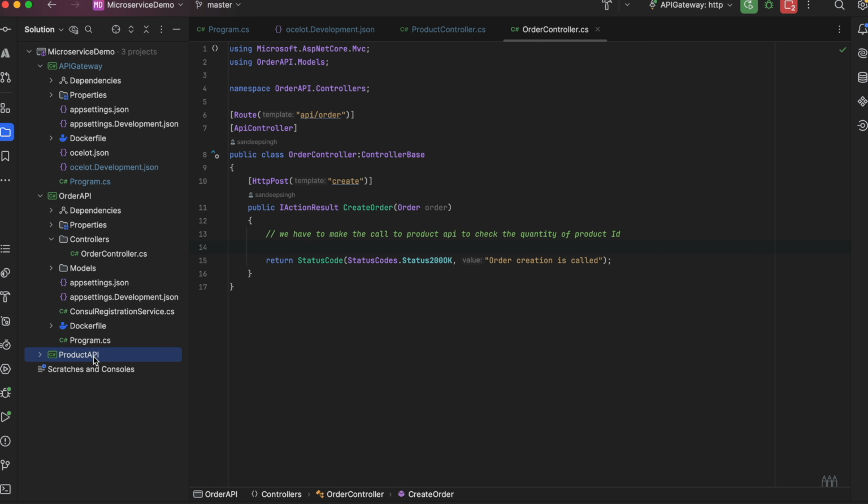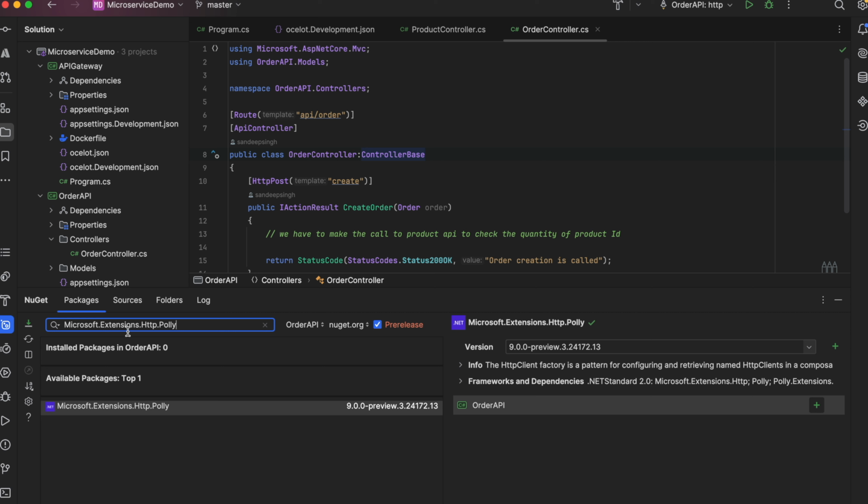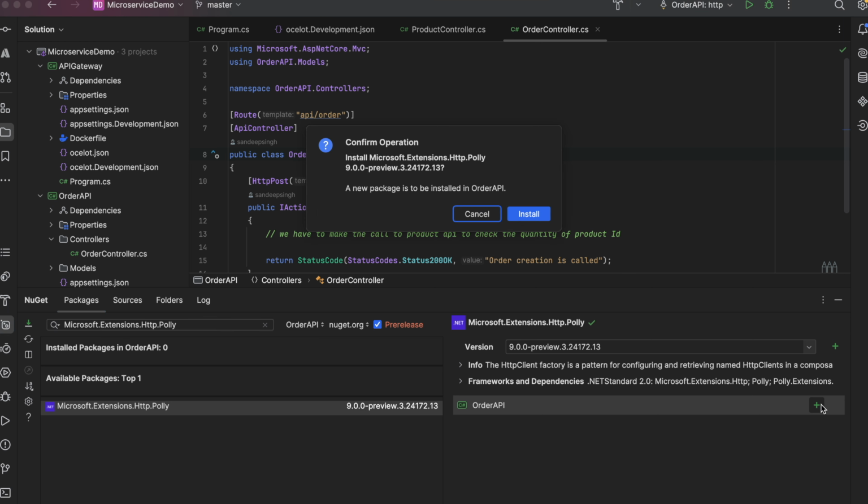We are not calling through the API gateway. We are directly calling it, and we are getting the response from the get all. And the get all is sending a 500 internal server error, right? So we have something in place to give some time to the product API to recover. That's what we are going to implement in the order API. Let's do it. Let's install the NuGet package first. That's related to the policy extension. So this is the extension we have, Microsoft.Extensions.Http.Polly. We install it in the order API.